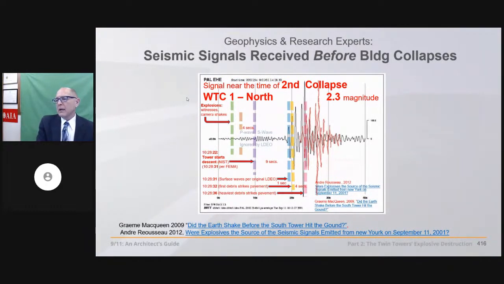And in fact, Graham McQueen has done some very important work looking at the cameras that are on the ground that experience shakes both 6 and 10 seconds prior to the start of the tower's descent, just like the firefighters described. So it corroborates them too.